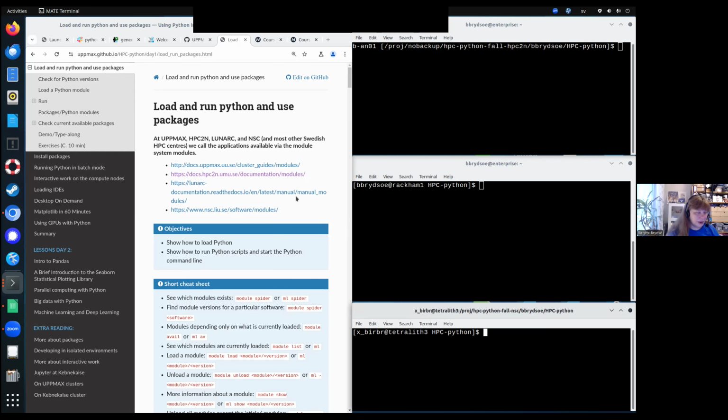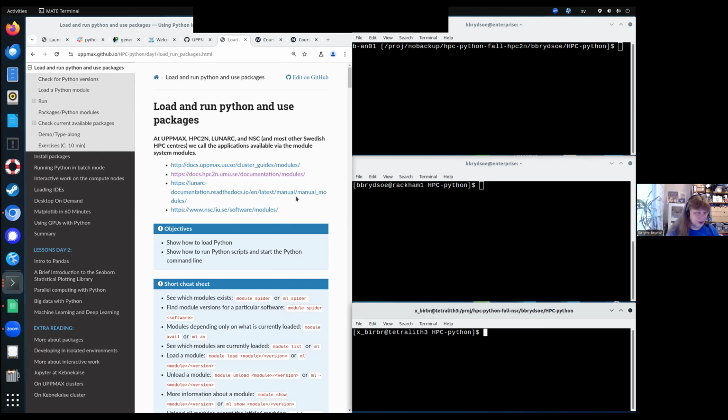At UPPMAX, let's see what Python is there. The difference with UPPMAX to the others is Python is written with lowercase. So you can see here, these are the ones available. So let's go grab Python 3.11.8 there. And it's loaded. And also UPPMAX environment variables is loaded. Okay. So this was a quick